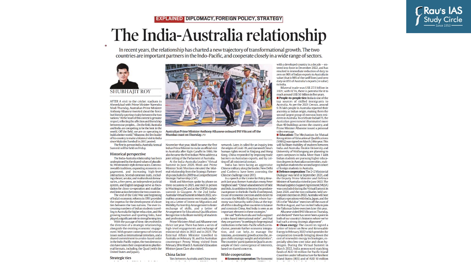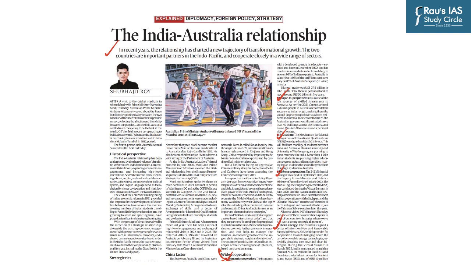This next question has been taken from an editorial which is quite unusual, and rightly so, on the India-Australia relationship, where the author has summarized the multi-dimensional relationship which India and Australia share, from economic cooperation, people-to-people ties, education, defense cooperation and cooperation on clean energy. Now, usually when you read an article like this, the first thing which comes to mind is India and its relationship with developed countries, Australia being a developed country, and this article offers very crisp notes on